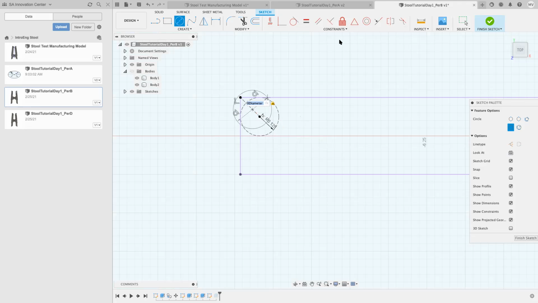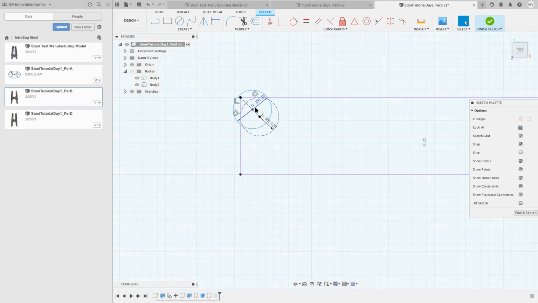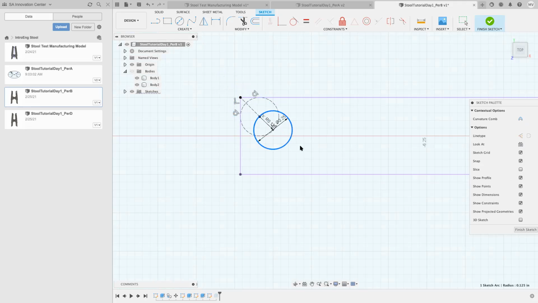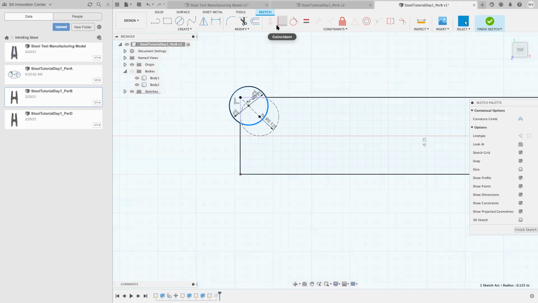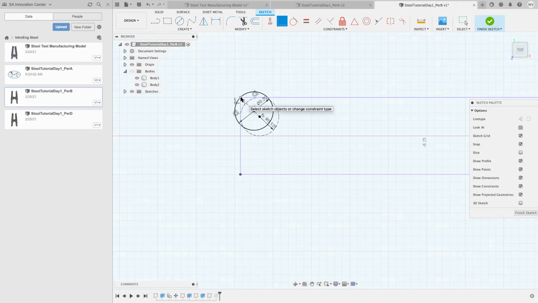We're very close. I'm going to hit enter again, but it's blue. Why is it blue? It's blue because I haven't constrained it. It can kind of be anywhere on this line, but we want to snap it in place. We want the edge to be locked to that corner. So I'm going to use the coincident constraint. The circle is selected, click coincident, and then I click on the corner, and it's locked in place now. And when I say finish sketch,